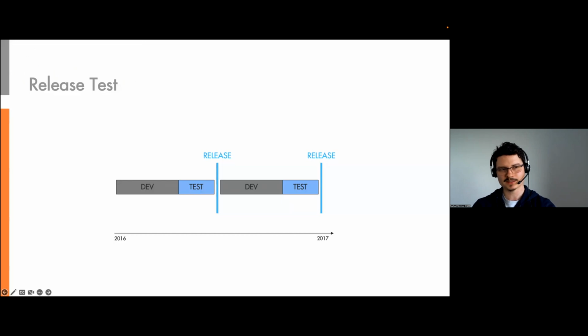All right, for the second scenario, this is also something most people are familiar with, I guess, which is a release test. So we have a very simple mental model here on the slide. First, we have a development phase, which takes quite long, maybe several months. Then there is a big test phase. In between, there is some kind of code or feature freeze. So either there are no more changes made or only bug fixes made